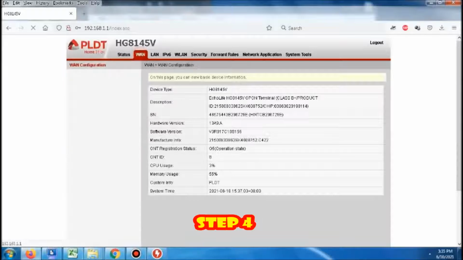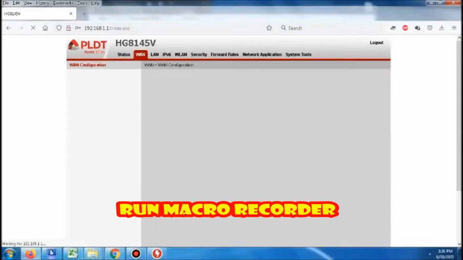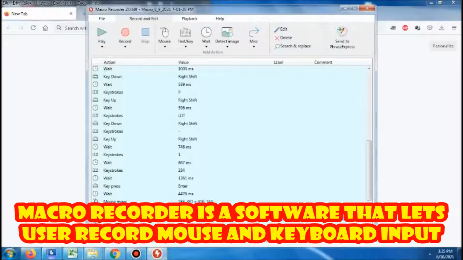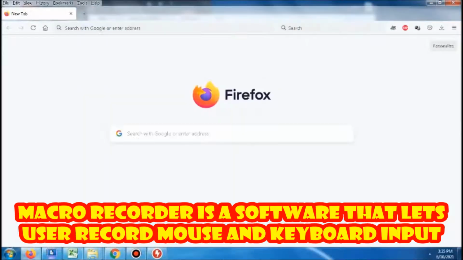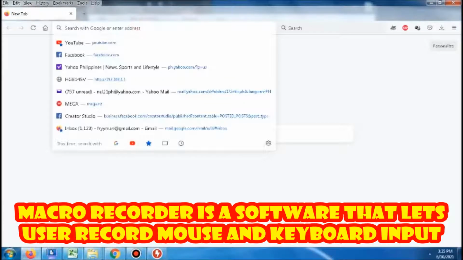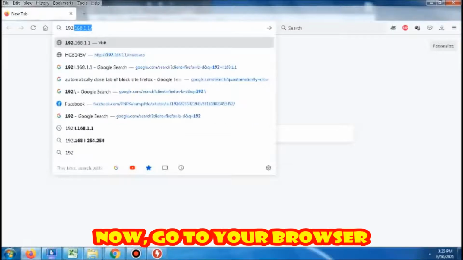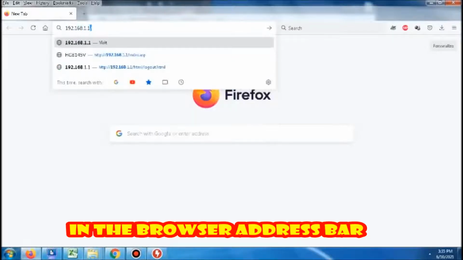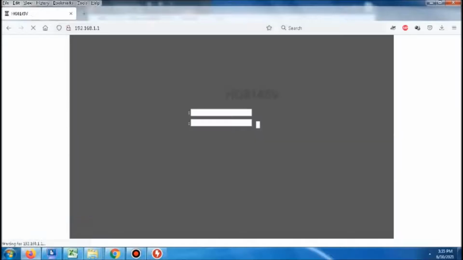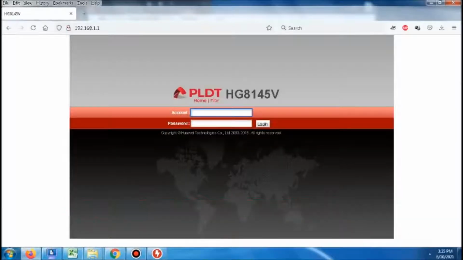Step 4. Run macro recorder. Macro recorder is a software that lets the user record mouse and keyboard input. Now go to your browser. In the browser's address bar, type the router IP address